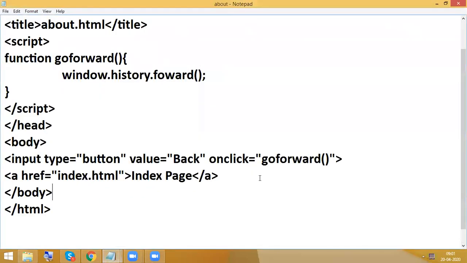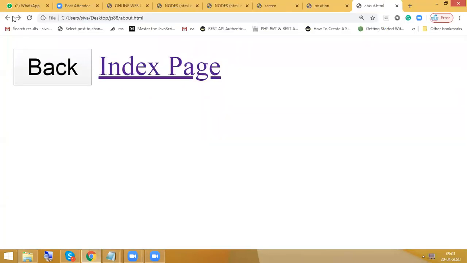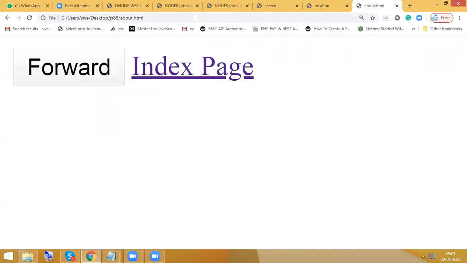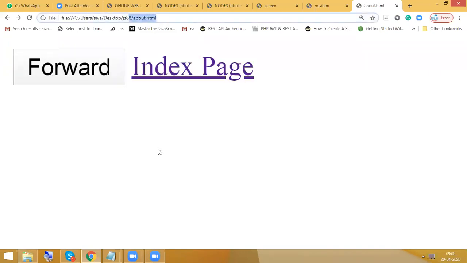Confusion is this text I did not change. So now first visit about.html. Click on the index page. Whenever I'm clicking on the index page, it goes to index.html. So right now I am in index.html. Click on back. Whenever I'm clicking on back, it goes to about.html.